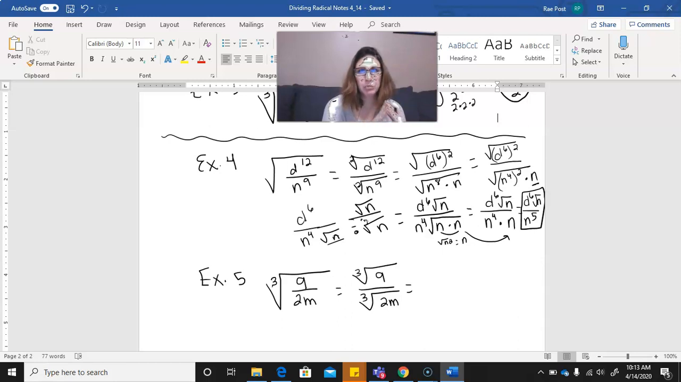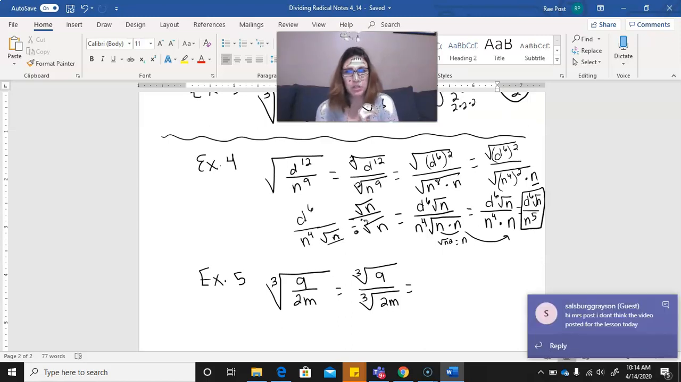Because it's a cube root, that means we need 3 of the same thing, right? Square roots mean you need 2 of the same thing. Cube root means you need a set of 3. So we need 2m 3 times, right? We have 2m,